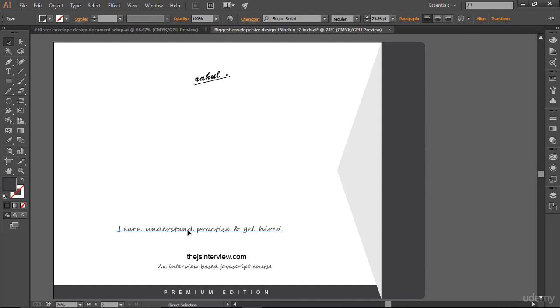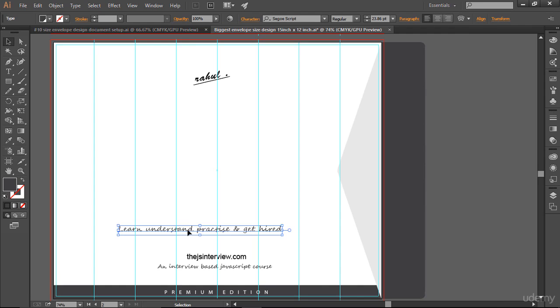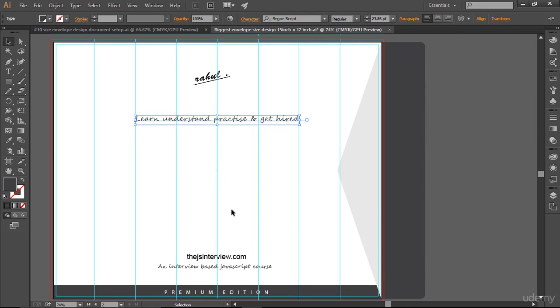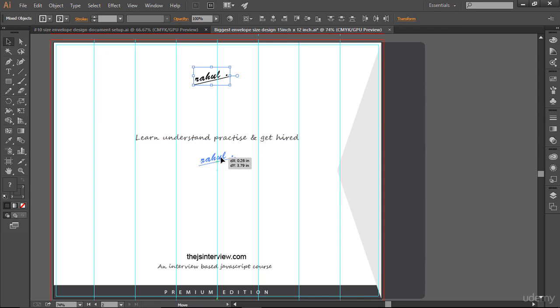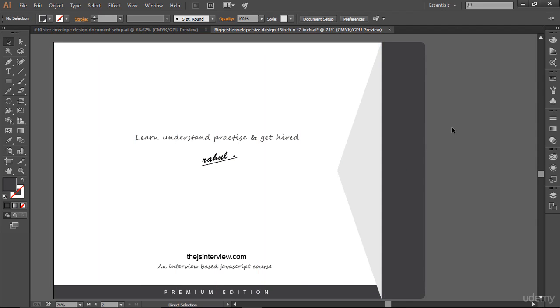So bring back my guide with Control semicolon, and I'm going to just bring it up here, somewhere around here. Let me just actually bring it up here, or you can simply just bring this up here and then bring this down. But it's really fine, just make up your mind and then do that. It's really up to you, but actually I'm going to follow this one what I actually did here, right? Great. So now let me just go ahead and hit Control semicolon to hide my guide,